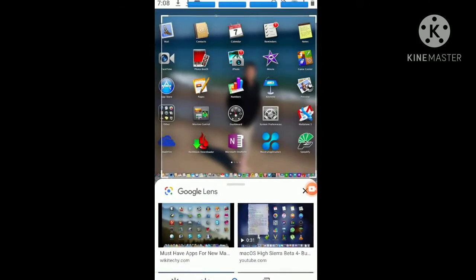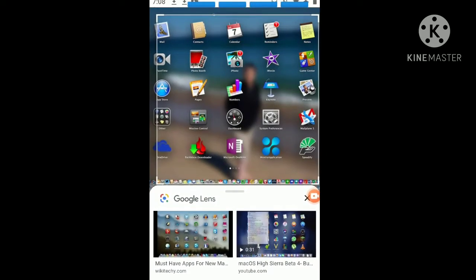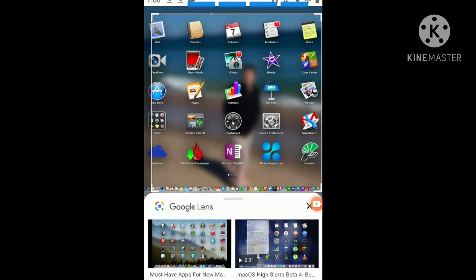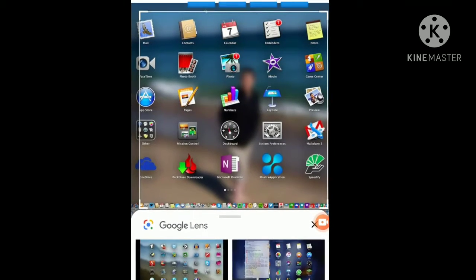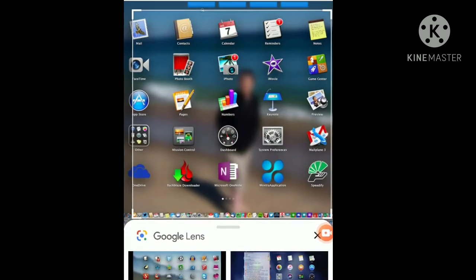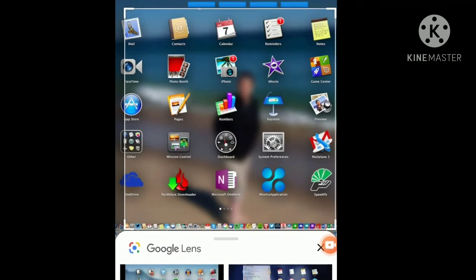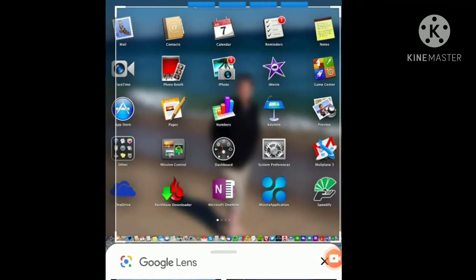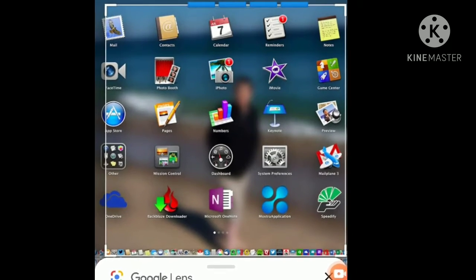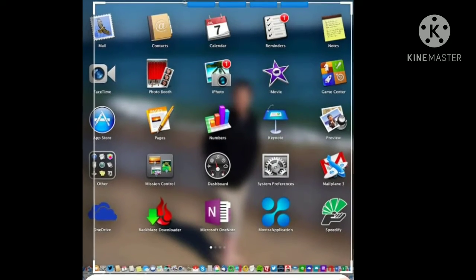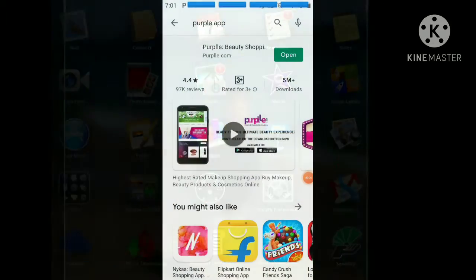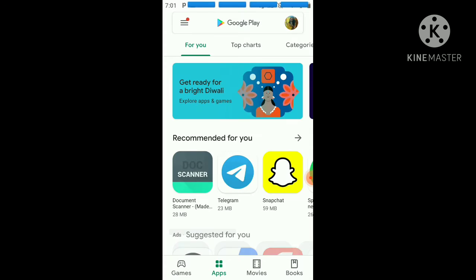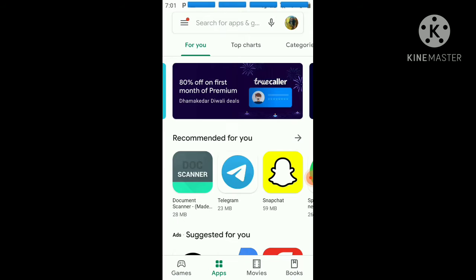Now talking about installing new applications, every computer and mobile device comes with some applications which are already built in, such as the web browser and the media player. But sometimes you can purchase and install new apps, and that adds more functions, whether it is on your desktop or on your mobile device. So you can see this is the app store on your mobile device, which is known as the Play Store, and that is very popular.